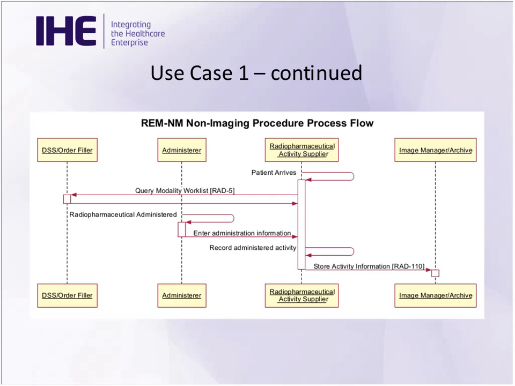Then with the time of administration, we can know the half-life of the isotope that's in the radiopharmaceutical, and decay the activity, and the RAS can compute the activity at the time of administration. Also, it's important for some, especially PET, to measure what's residual in the syringe. That can be noted in the report as well. That can all be calculated, decay corrected to what was actually administered to the patient. And then that information can be stored out to the image manager archive and be ready to be pulled by the